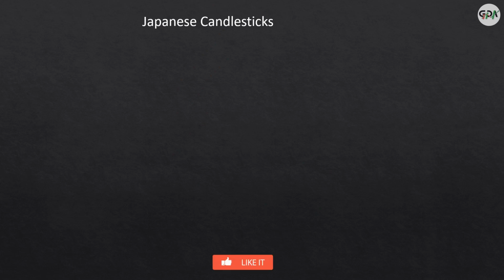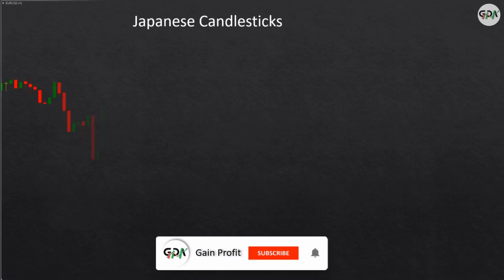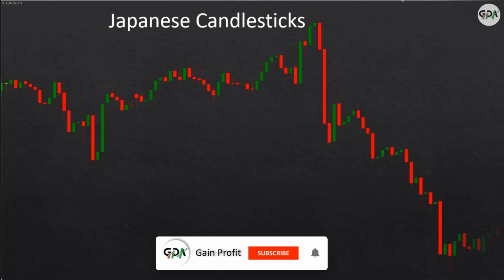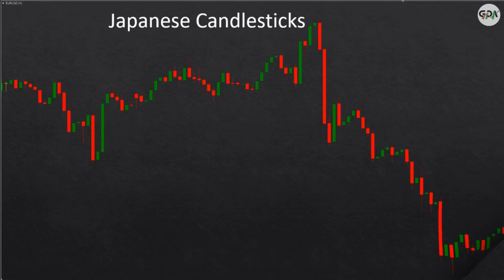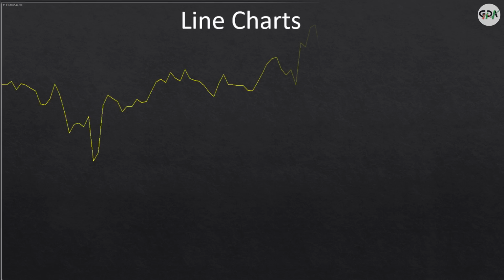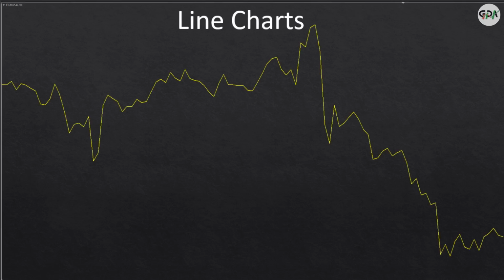So far, we have discussed the basic parameters of candlesticks. Now, we will analyze different types of charts to study the price action. The Japanese candlestick chart is very popular and is used by most people throughout the world. Another type of chart is the line chart. This chart is not familiar and very few people use it in technical analysis.